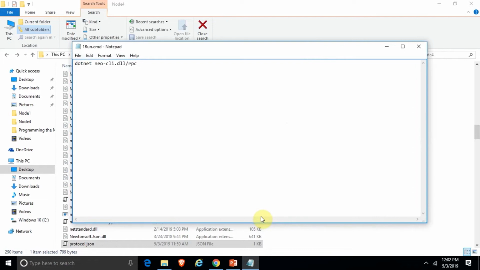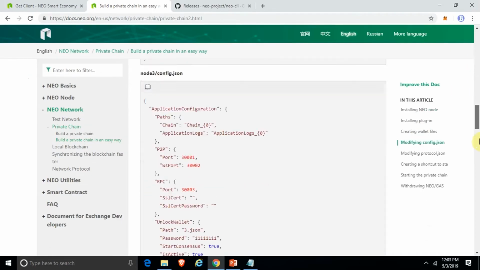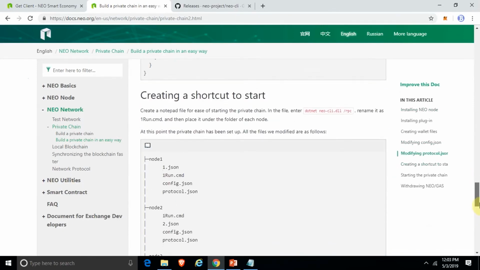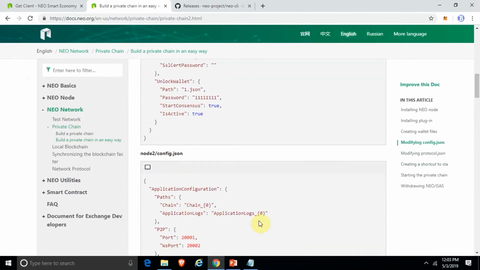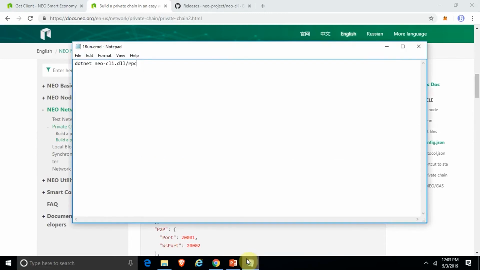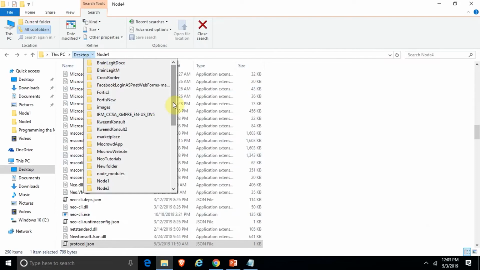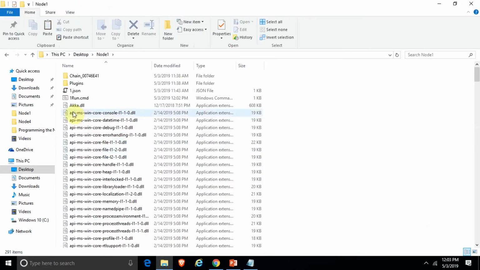Now you can actually go right ahead and copy all this I'm showing you. You can actually find it here on the tutorial. When you come to docs, you can find it here. So you can read this on the tutorial. Since I've created this and I've pasted it in node 1, it's basically the same thing. So I just copy this,